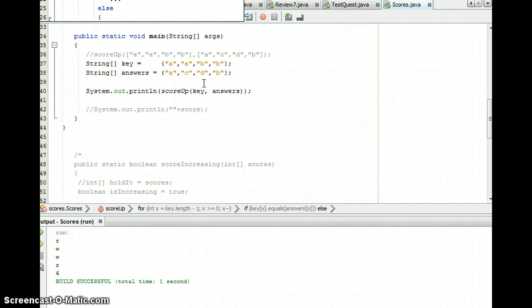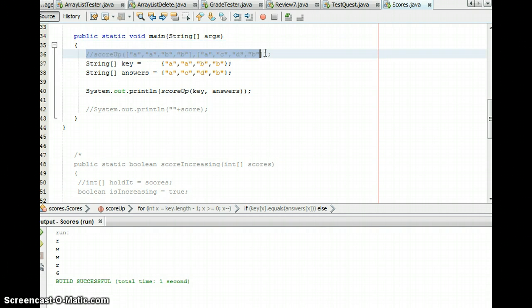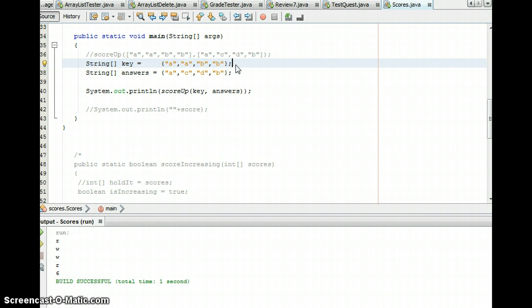So to set this one up here in main, again, I don't think you can take a shortcut and try to pass the array by putting the actual array values as parameters to your method call. And I think the compiler would tend to think maybe that you had a method that was expecting 8 string parameters if you did that. So instead, take the shortcut method to declare and initialize the two arrays, and then we're going to pass them